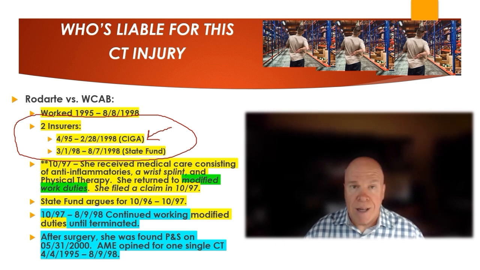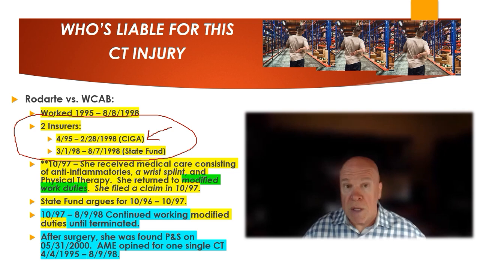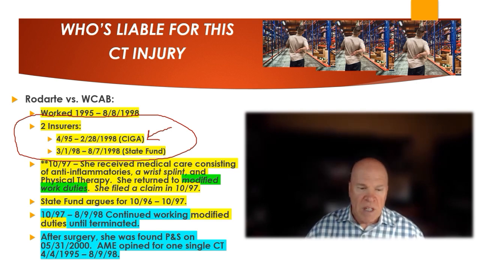If the employer cannot accommodate the work duties, the employee goes home on total temporary disability, which certainly constitutes compensable disability and would unequivocally constitute disability for the purposes of Labor Code Section 5412. So State Fund is going to argue that these modified work duties contributed to or constituted solely the disability. But if not solely, then in combination with the need for medical treatment and orthopedic devices, similar to the prior cases that we discussed.